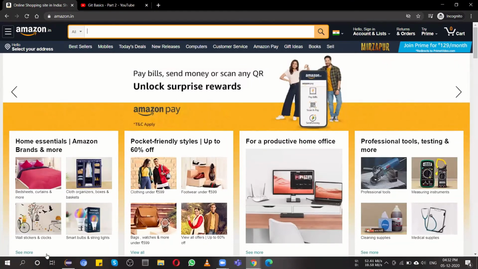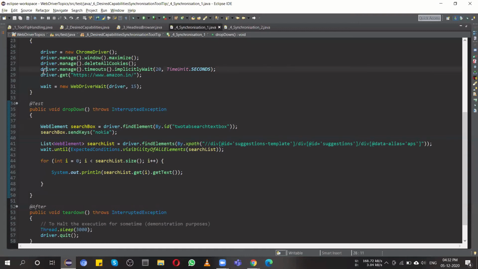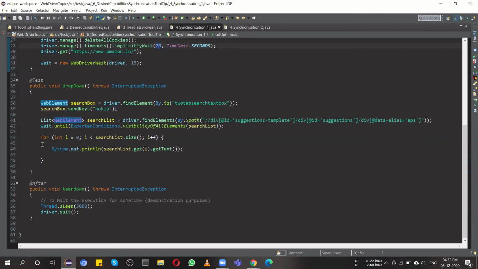For that we basically use driver.manage timeouts implicitly wait. This is a global wait. When you write this line for implicit wait with a 20-second time, it will give a maximum of 20 seconds to load for all web elements, and then it will throw an exception after 20 seconds.